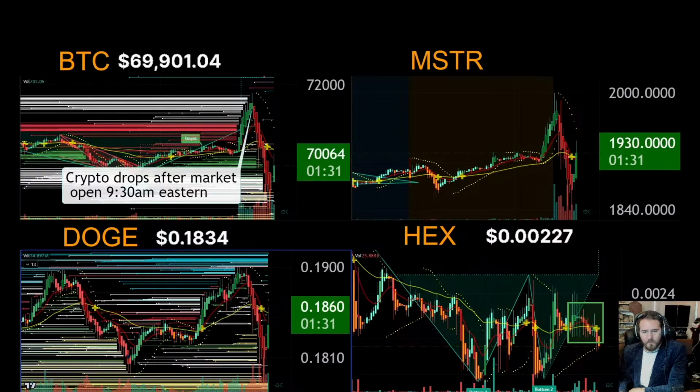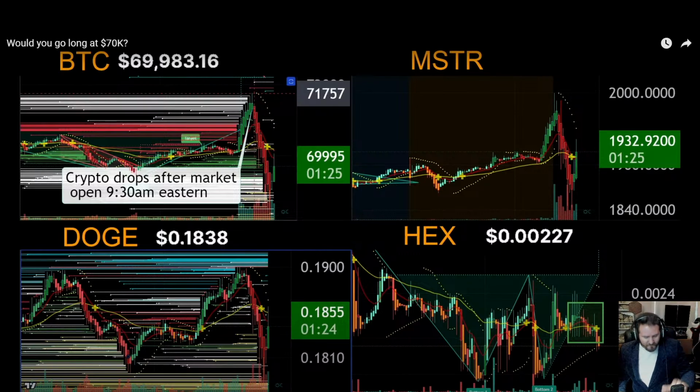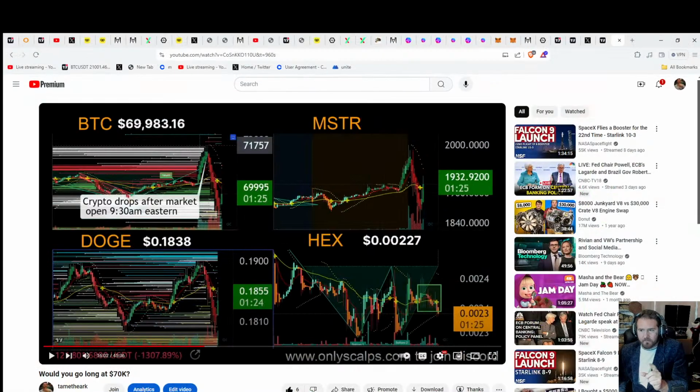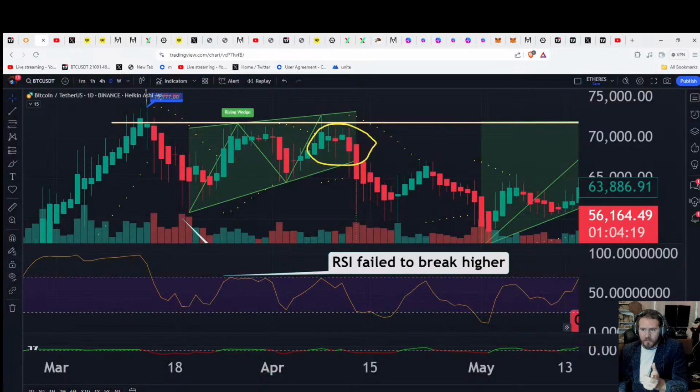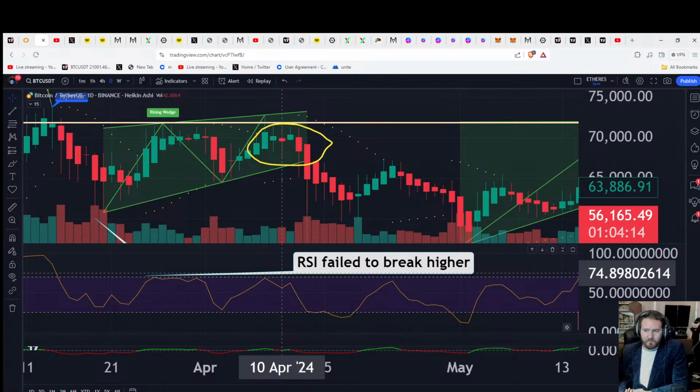Is there anybody here that would be willing to go long on Bitcoin right now on this very small dip at 70,000? So I asked if anybody would go long on this dip at 70,000, and look at the chart here. It might have seemed attractive at this time, but when you switch out to a daily, if you were to put your weekly chart around April 10th right here,